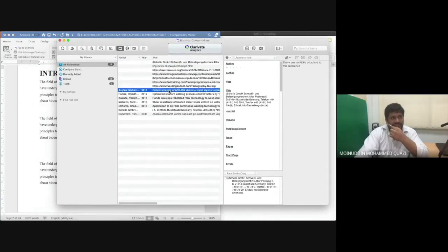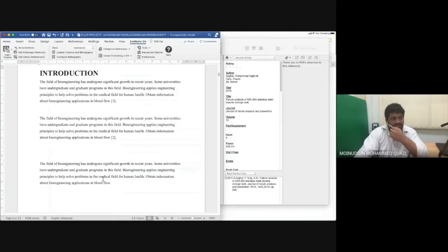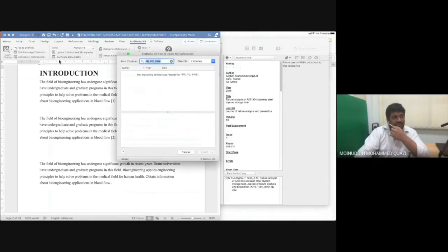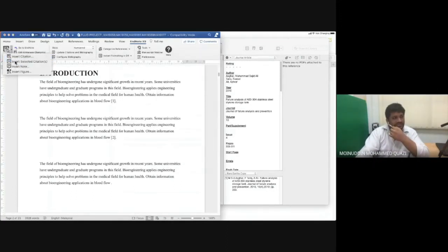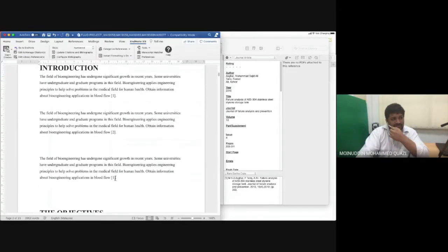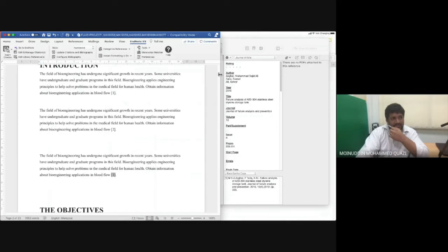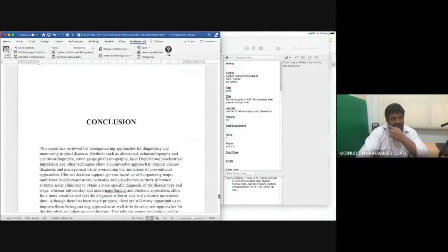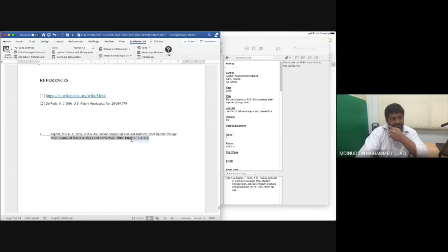I'm going to select this reference. Come here back again, this place where I want to enter the reference. I'm going to go here, insert citation. Once I select this insert citation, it is going to inject the reference from EndNote into the Word file. So insert selected citation, and here we go, we have got a reference number 1. I go down and I will see this one appear automatically. So this reference automatically appears from my software. This one is reference I do manually. So this is how you are going to put references.